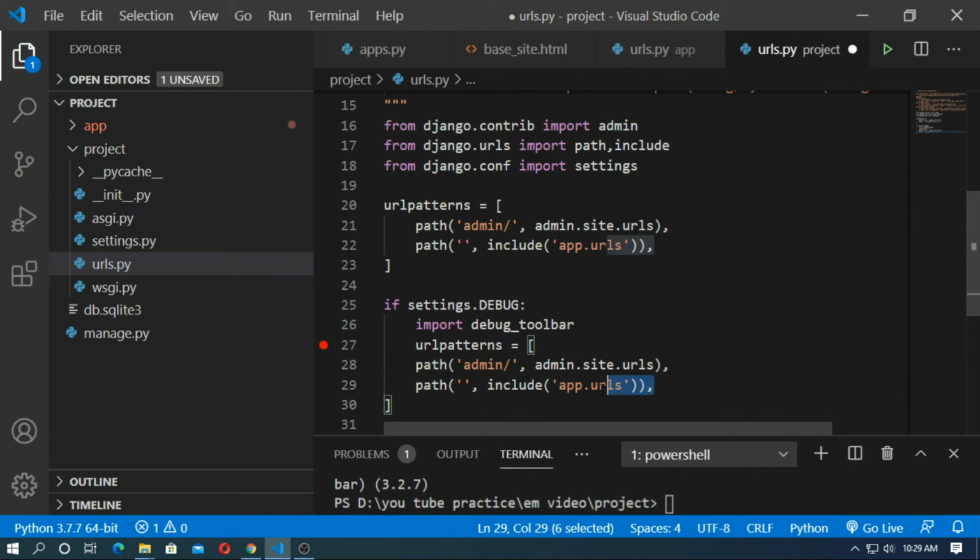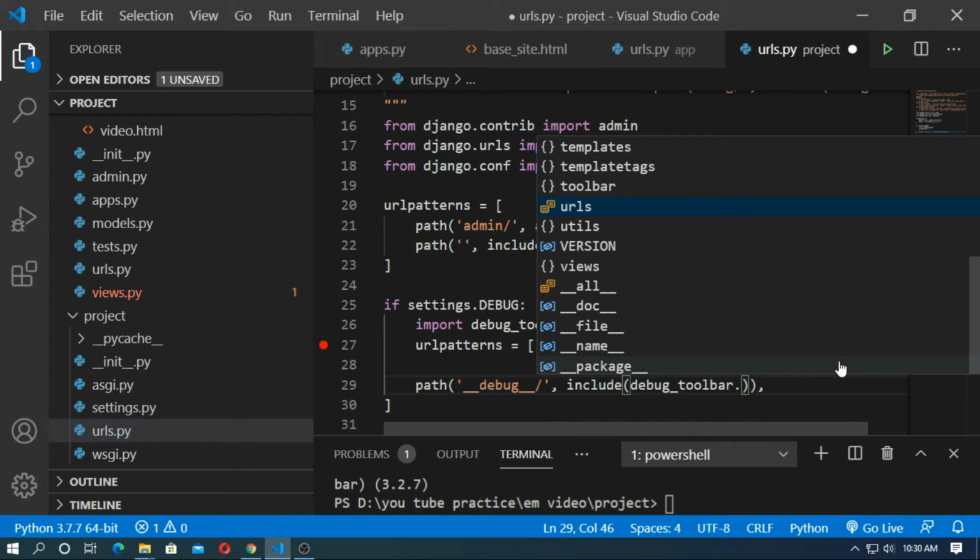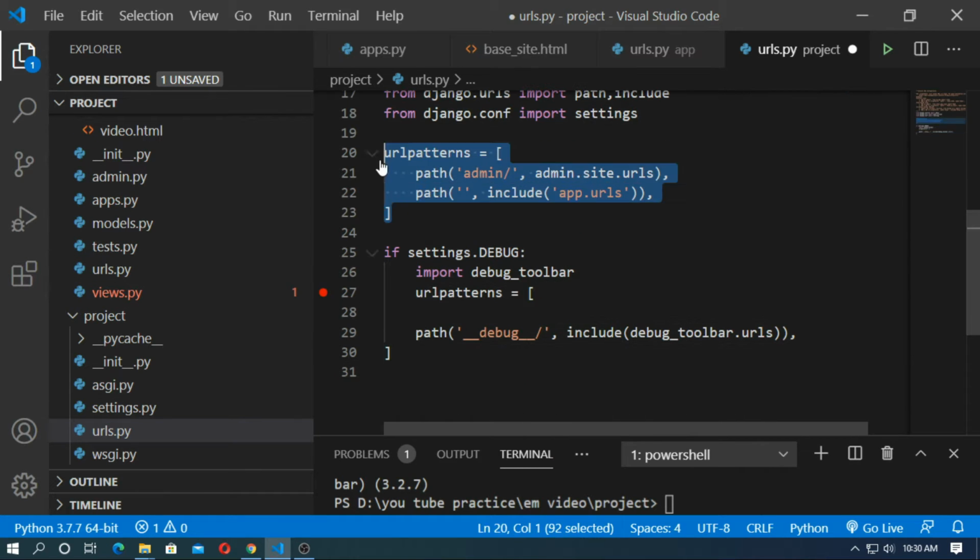So remove this, and here type __debug__/ and include debug_toolbar.urls. Now add this URL pattern with this, and now plus urlpatterns.